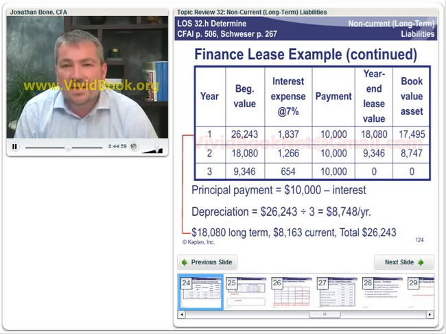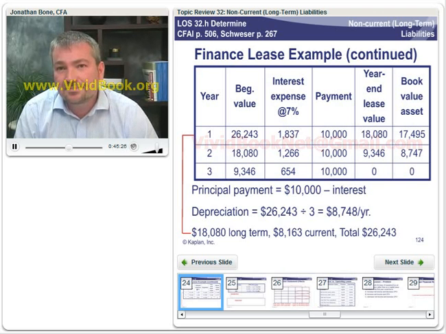Year 2, 18,080 is the beginning value. 7% of that gives us 1,266, which is our interest expense, and then we've got a payment of 10,000. Again, it's the same logic. 1,266 of that payment is interest, and therefore the balancing 8,734 is paying off principal. So you'll notice in year 2 that the liability value falls by